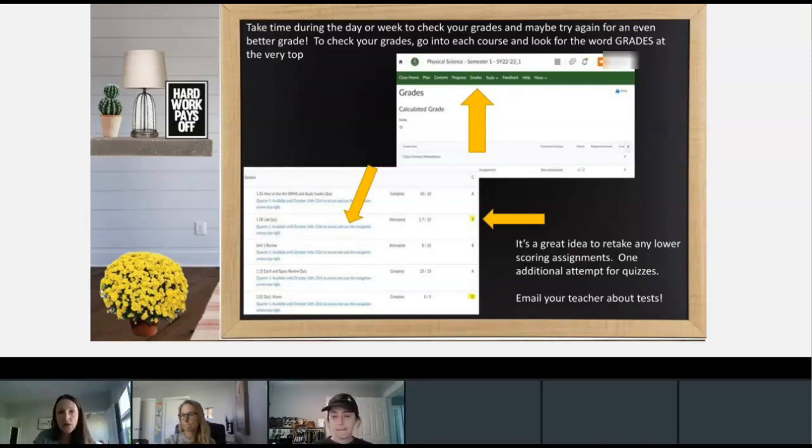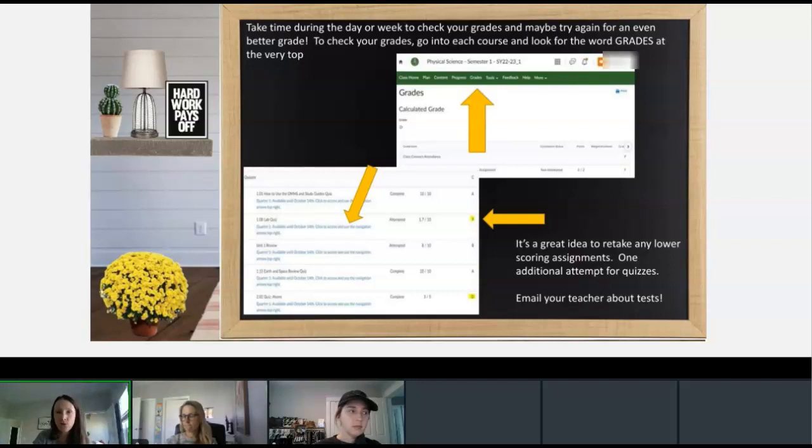Easy peasy. So you have your original quiz grade that maybe you got a D or an F on. You get one chance to retake that, okay? If you were with us last year, you used to have 2 chances, but now you only have 1. So don't just retake the quiz just to retake it. Review the material, then retake it again, okay?